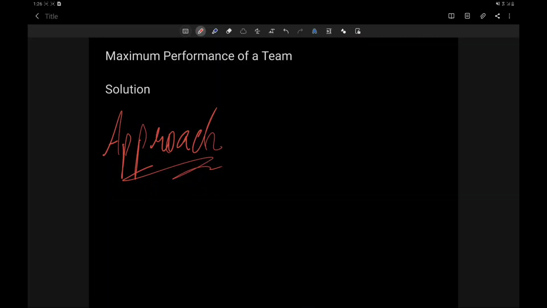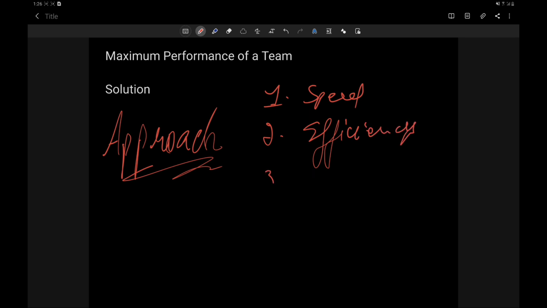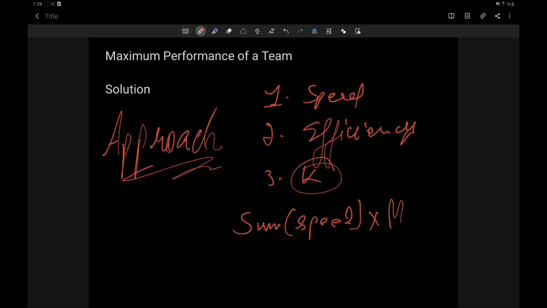For this question, number 1 we have the speeds, number 2 we have the efficiencies, and number 3 we have to select k engineers with maximum performance. How is performance calculated? Sum of speed into the minimum efficiency among the k engineers.